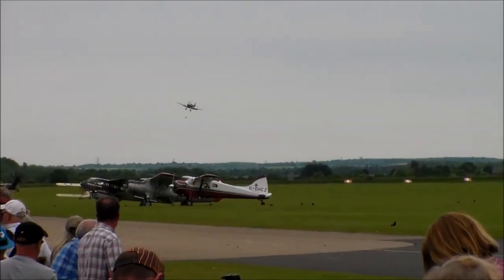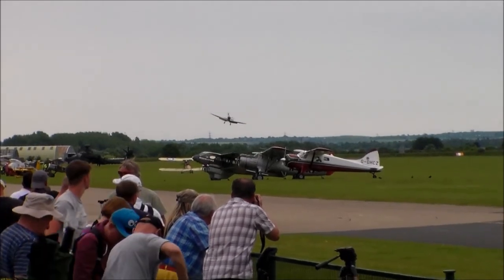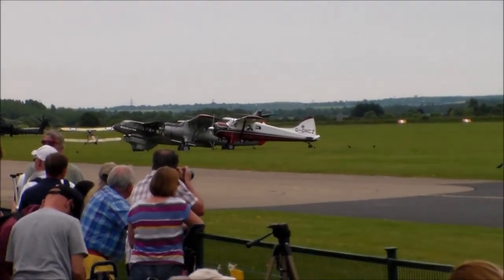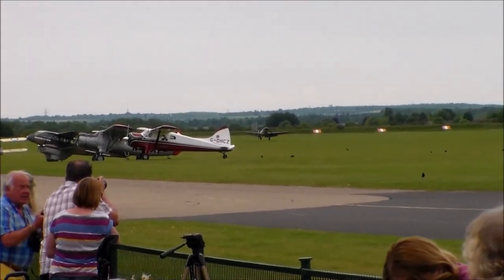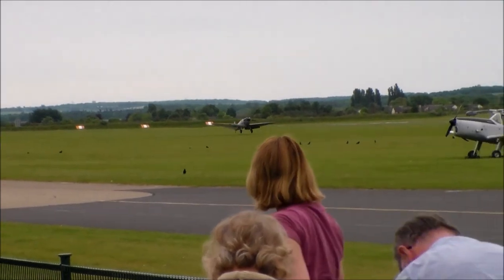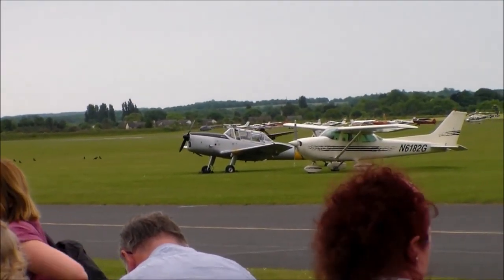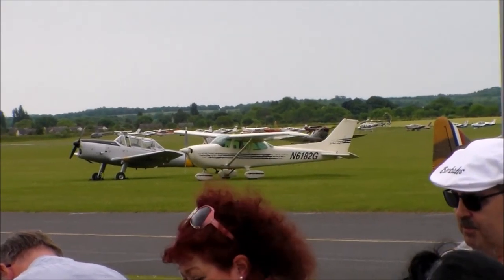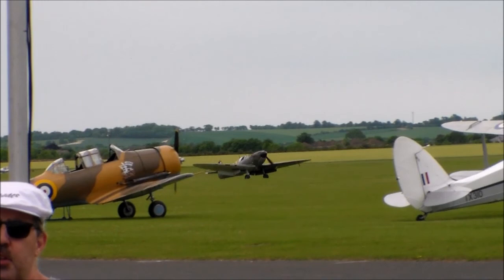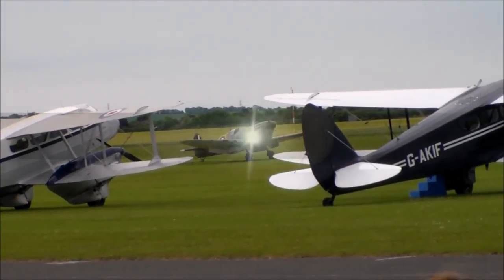operated by the Aircraft Restoration Company, and as it taxis in, you'll see the code letters on the fuselage, QV, which are those of number 19 Squadron, because Spitfire N3200 is a restoration of an aircraft that served with that unit based at Duxford in early 1940. And here comes the second aircraft,